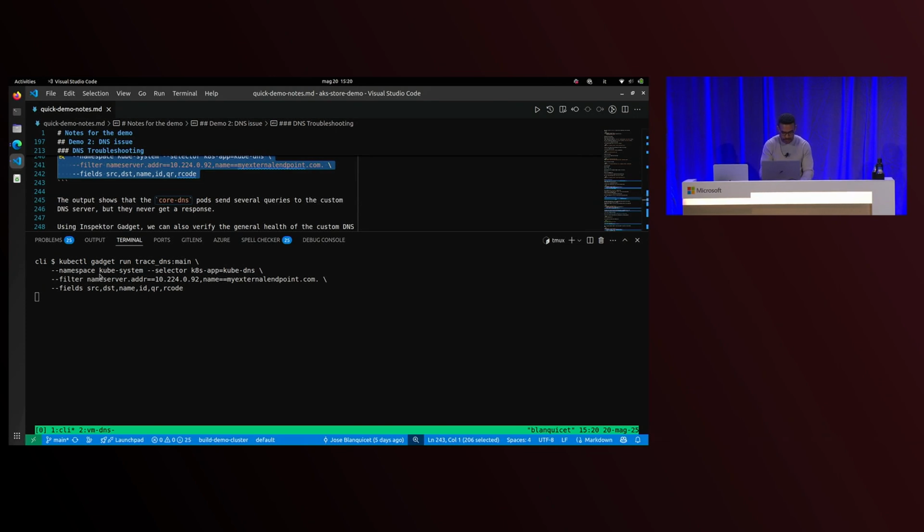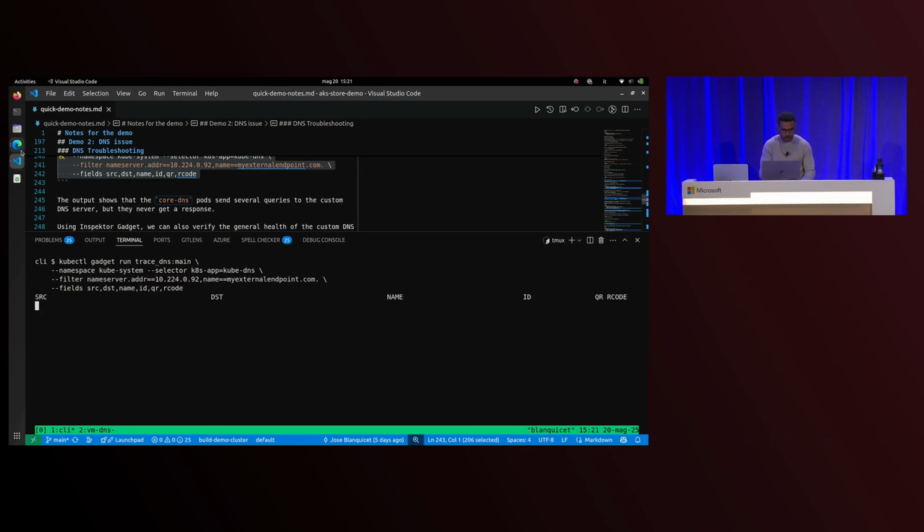And look, this time we are not in our namespace IG demo, but in the kube-system namespace, using the labels of the kube DNS. Again, we are filtering by the URL that we are interested in, but this is the IP of the custom DNS. For this demo, I configured my AKS cluster to use a custom DNS, which we know is something that people do.